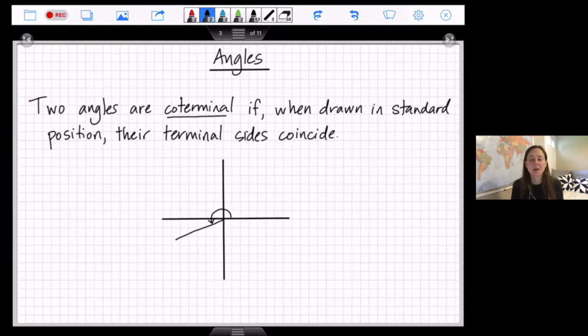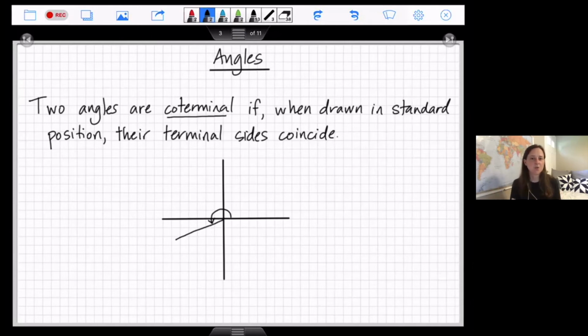Our last vocabulary word for the angles section is going to be coterminal. So two angles are coterminal if, when drawn in standard position, their terminal sides coincide. All right, so I've got an angle drawn here that lies in quadrant 3. It's a positive angle because it's rotating counterclockwise. If I wanted to find a coterminal angle, it would be any other angle in the world that has exactly